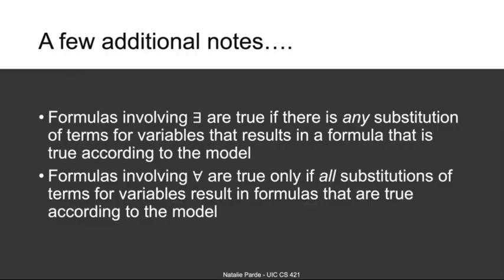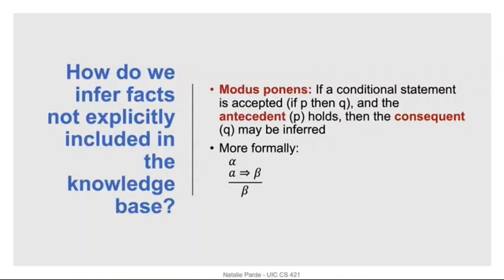There are a couple extra things to keep in mind when dealing with the existential and universal quantifier. Formulas that include the existential quantifier are true if any term that could be substituted for the variable would result in a true value. And formulas that include the universal quantifier are true only if all terms that could be substituted for the variable would result in a true value. Sometimes we'll need to check the veracity of input that isn't explicitly provided for in the knowledge base. When we need to do this, we can try to infer the necessary facts using a process called modus ponens,